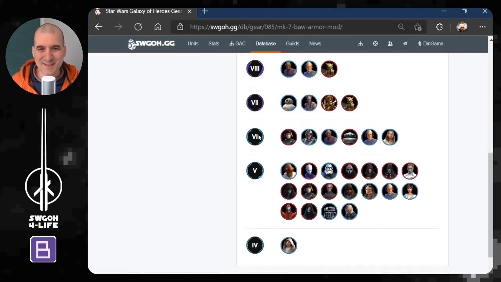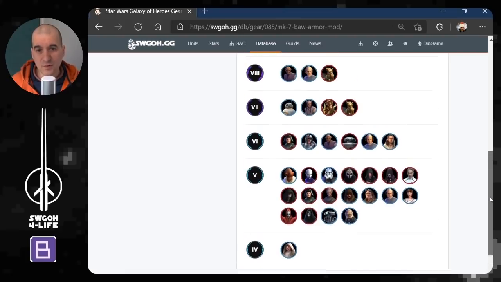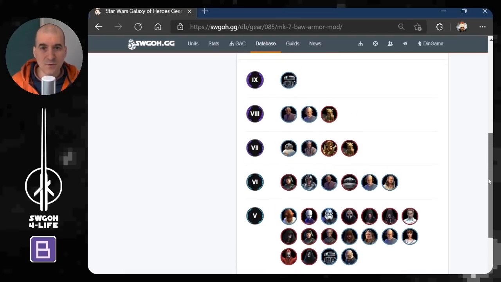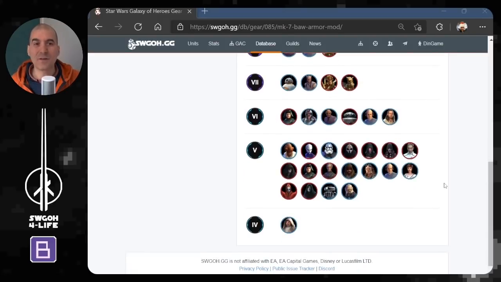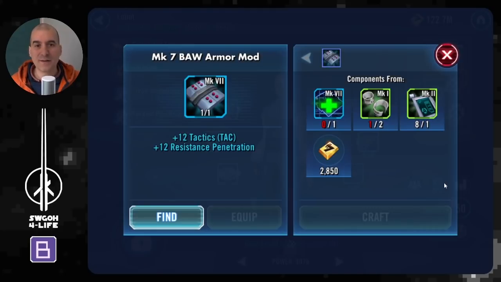Now mine's at gear 6 actually. That's why I'm using Lobot. I'm keeping Lobot at gear 6 so I can keep crafting this piece. So if you're wondering what character in your roster needs this piece to craft it, definitely go to this page and have a look around and see where and how you can craft this piece. Alright, so let's hop back over to the game and talk about where to get all these components from to